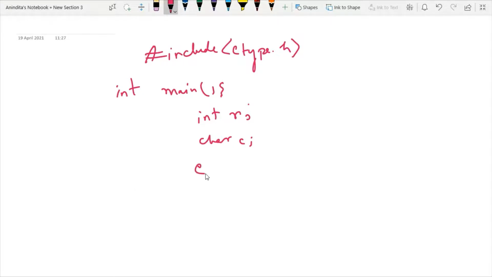So if I store the character and call the isControl function, what is the output we can expect?